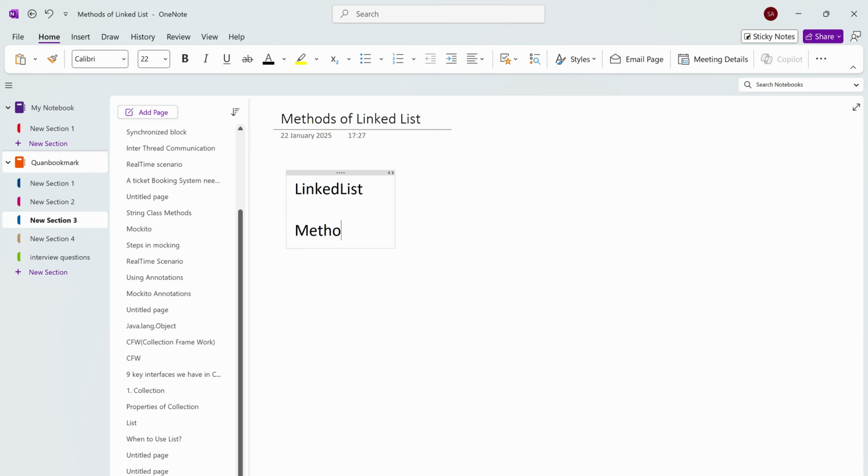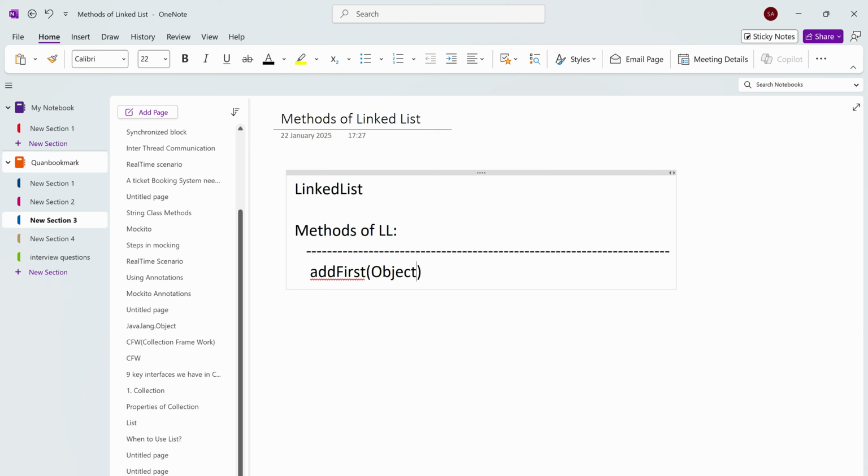What are the methods we have? We have a method called addFirst, which is there explicitly in linked list, and it adds an element to the first index of the linked list. This will be void. If you want to add an element at the last, we have the addLast method. You can give an object or an element, no problem. It takes the element as a parameter